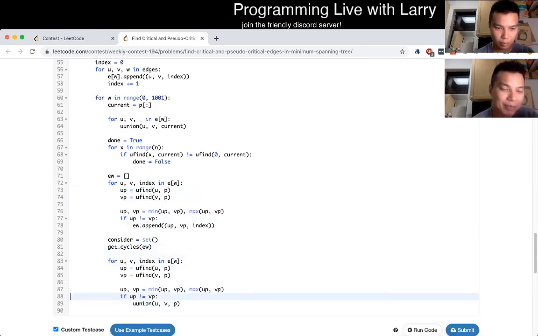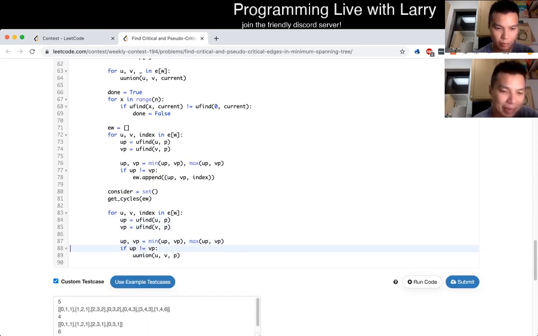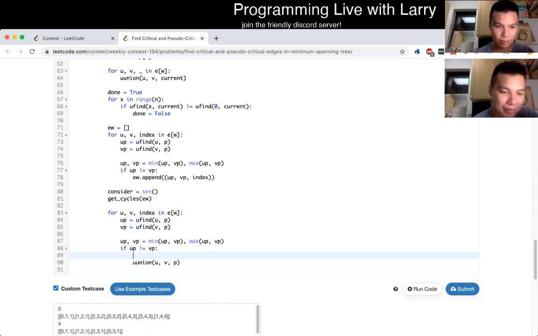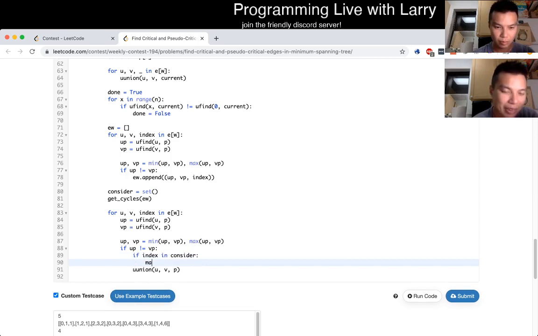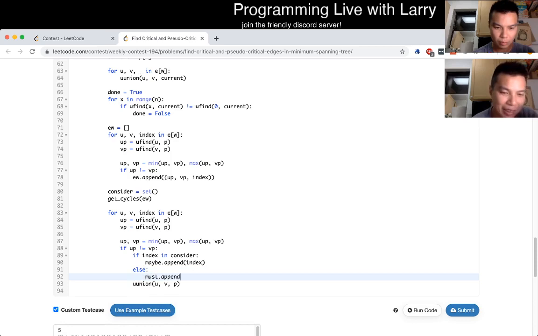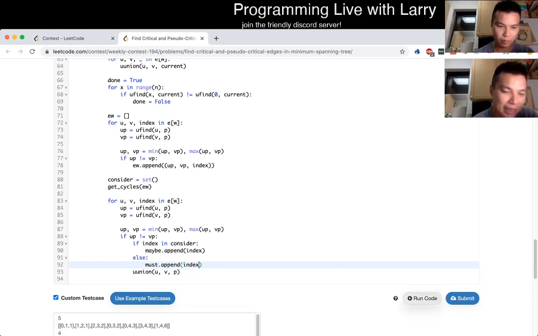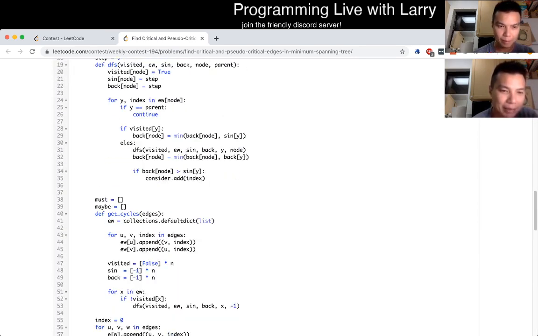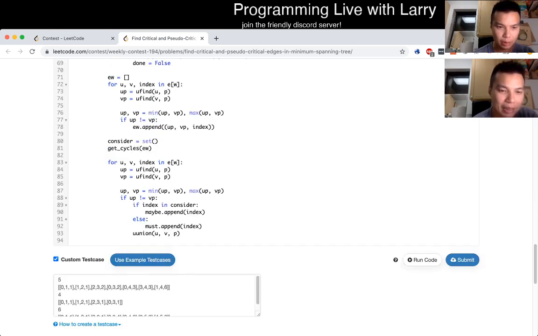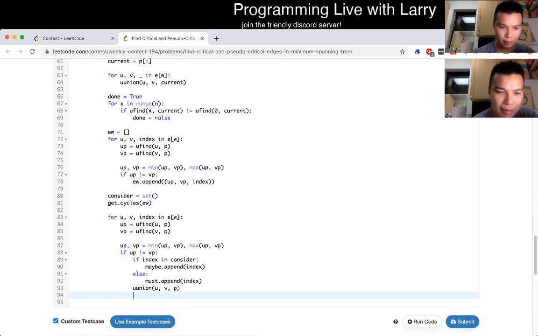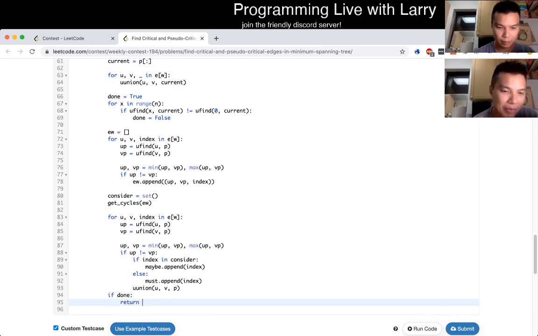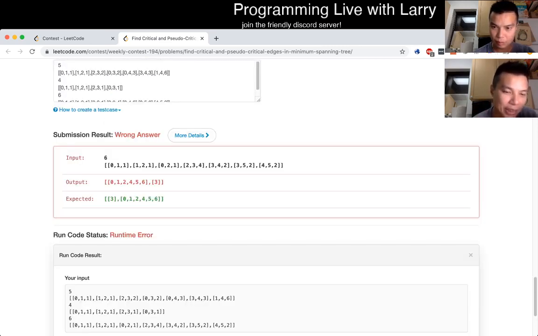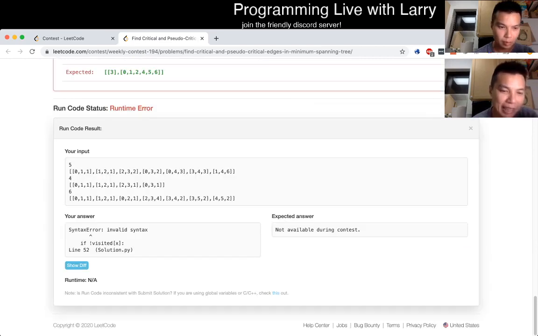once we get the cycle, then we do stuff, right? We go, okay. That means that we have to add this edge into the answer. If the answer is, I did a little bit weird, but yeah, I have a typo on else, I think. Yeah. But basically, after I run the depth first search or the get cycles, it should tell me whether an edge should be in maybe or should be in must, and then we just at the end, if it's done, then